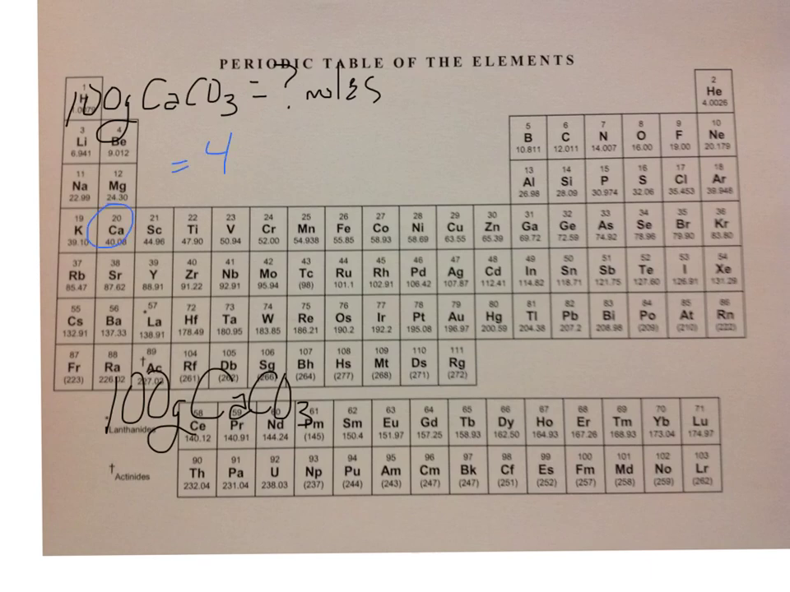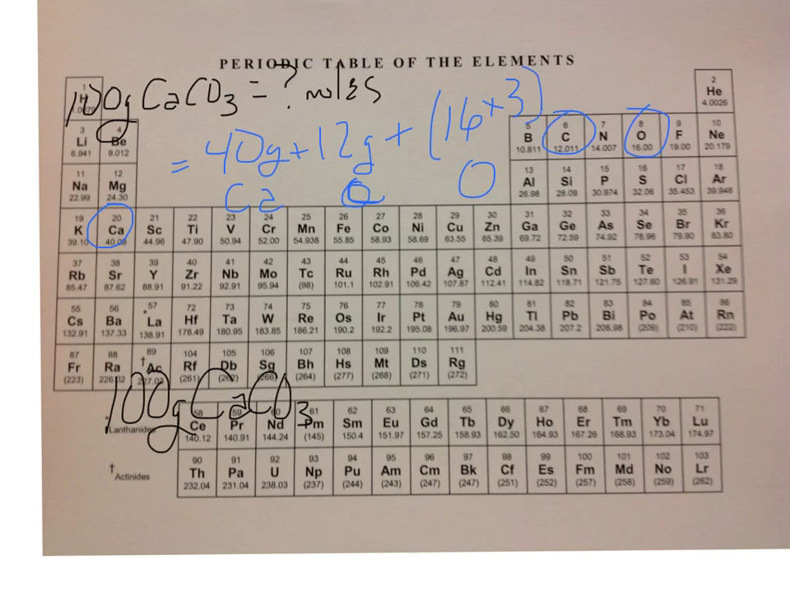If I look at the periodic table, I have calcium, which equals 40 grams, and I have carbon, equals 12 grams. We'll just write the little symbol down below here so everybody knows, that's carbon. And then I have oxygen, which is 16 grams, but how many of them do I have? I have 3. So I do all the math: 40 plus 12 plus 16 times 3 gives me 100 grams per mole